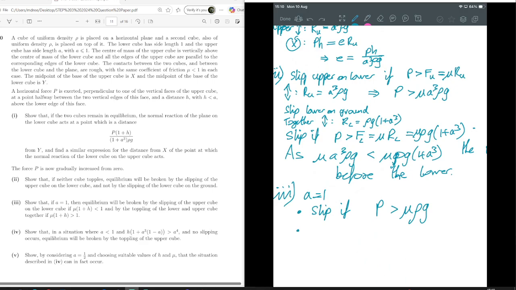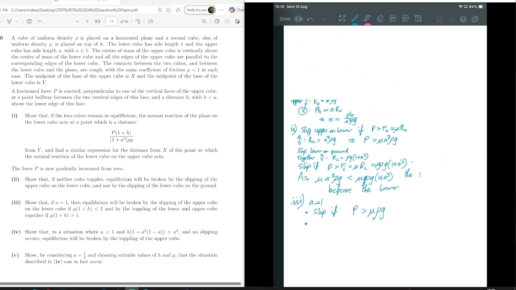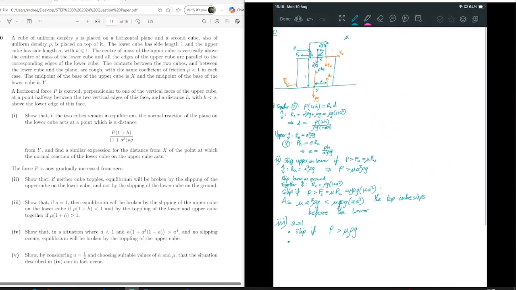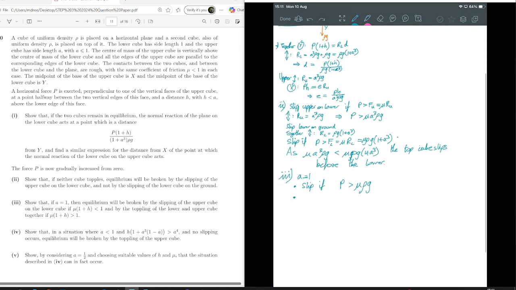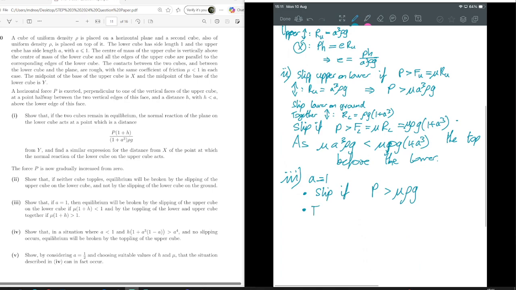We're going to, well, there's lots of different toppling cases that we could have. We could have the top block toppling around that point, or we could have the bottom block toppling. So let's put some conditions on each of those. So the top topples,